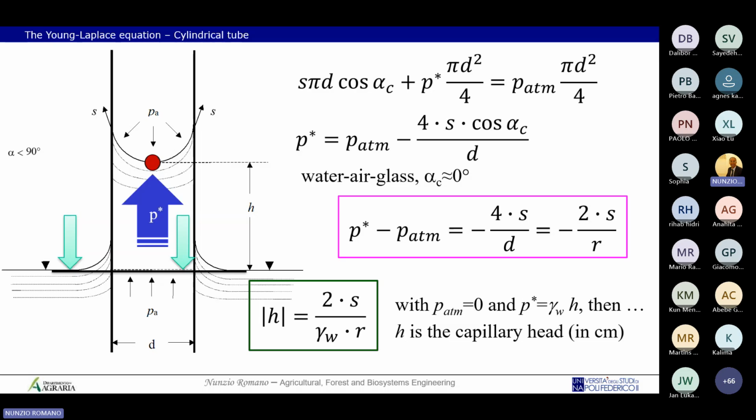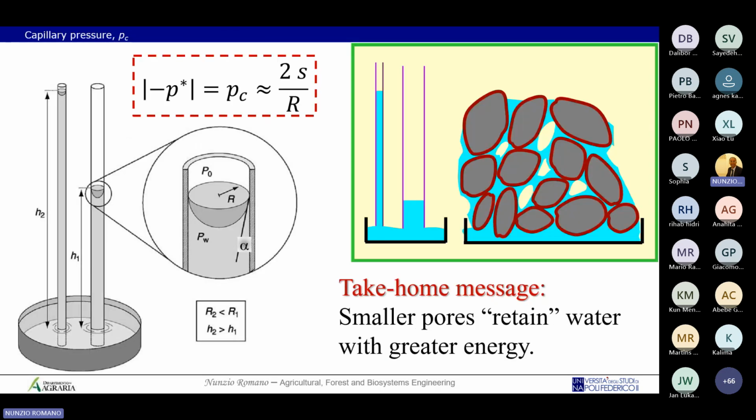Okay, but I told you this afternoon the lecture can be a bit heavy for you, but if you refresh your knowledge about physics, this is very simple physics, and this is an exercise. It's a very simple exercise using the equilibrium of forces and nothing more. Okay, let's go now into the soil situation.